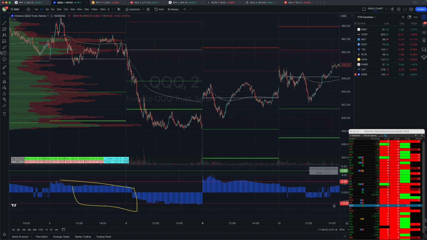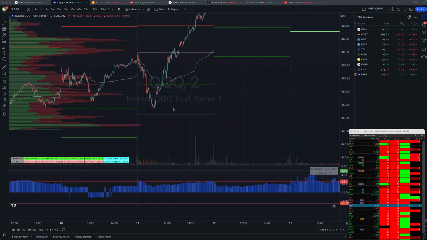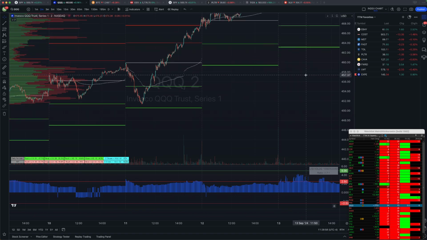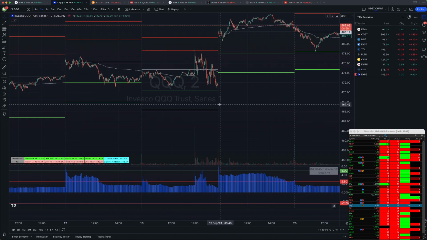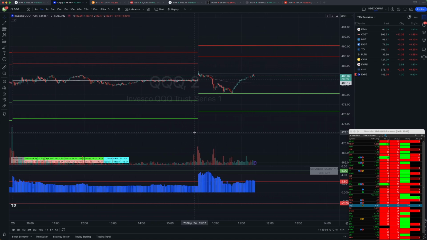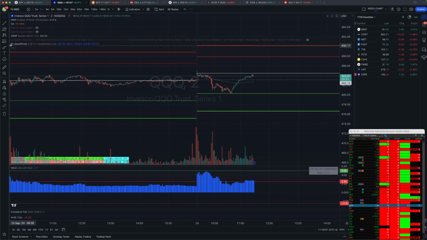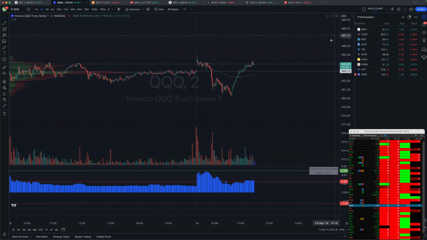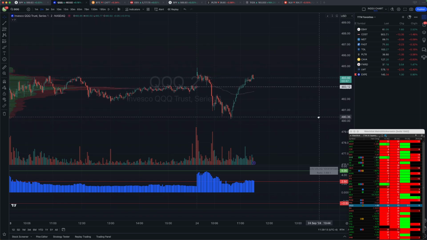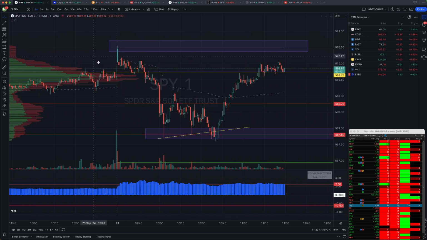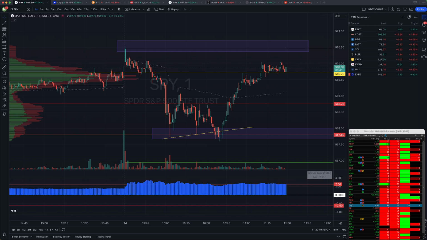And so this can give you some early signs of what kind of day you might be having, and what the market sentiment is in terms of whether there's going to be buying or there's going to be selling, and to what degree. And so today's chart here, you can see